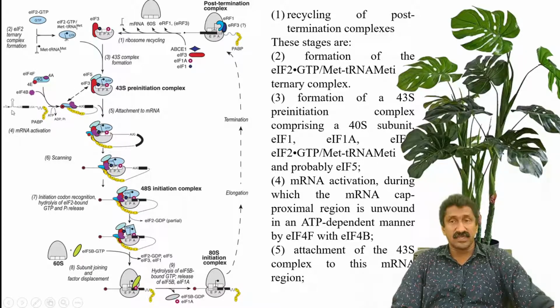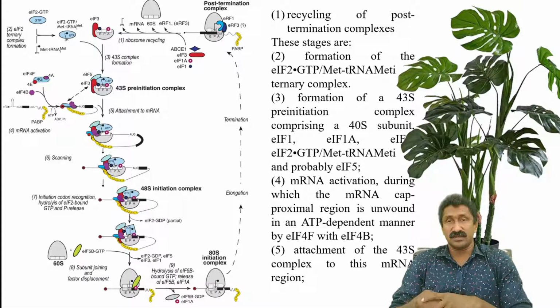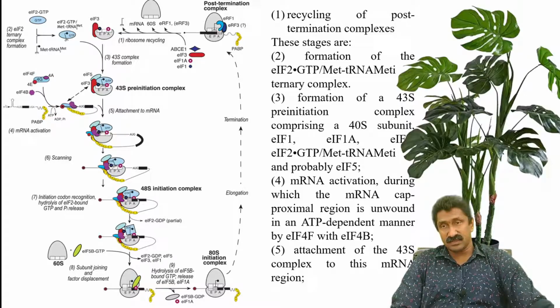the mRNA activation is done at the 5' end of the mRNA where such structural loops were there, and those loops will be released by the eukaryotic initiation factor 4, which is an assembly of 3 different factors, and that will bind at the 5' end or near the cap, and then that is activated. So this is it. We can see 4A, 4G, and 4E. These 3 factors jointly form the eukaryotic initiation factor 4.